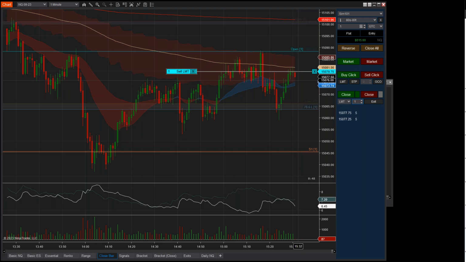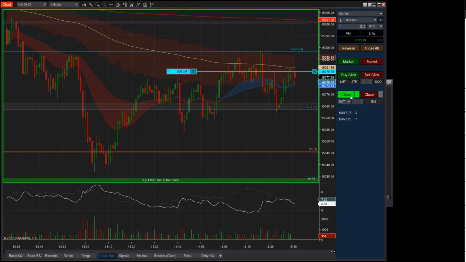Now our sell order is waiting, and hasn't been filled because we had a conservative entry, right? Here you can select market as well, so you just get in at market when the bar closes. You can pick the direction of the trade, and the direction of the bar that is going to trigger the trade.